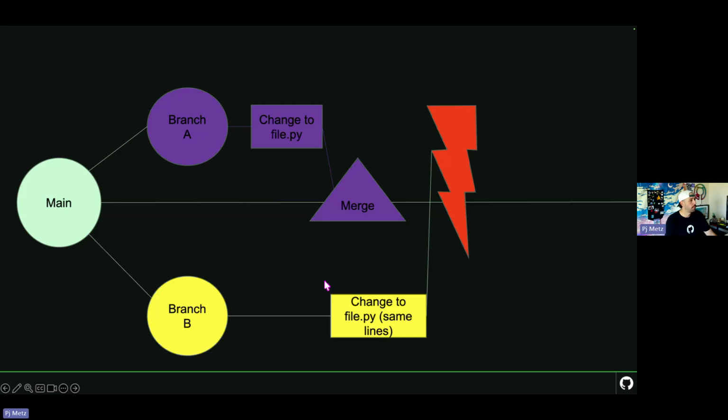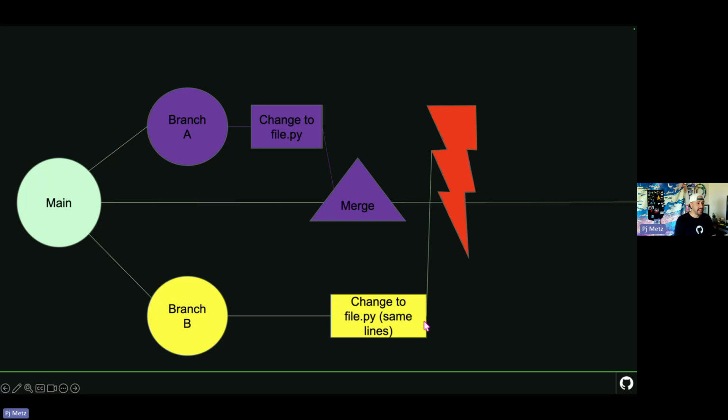Remember, branch B believes that file.py looks like it did in main, back here. Because branch A made a change to that file and merged it in, file.py looks like it did here in branch A now. That's the change that got merged in.